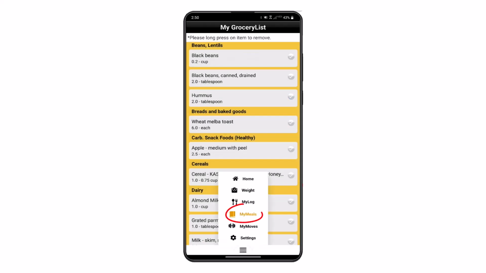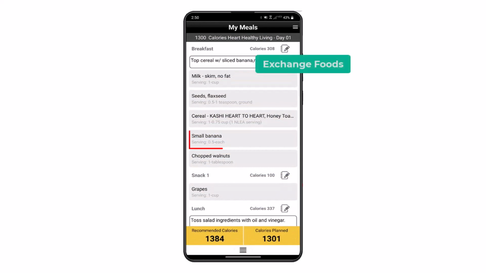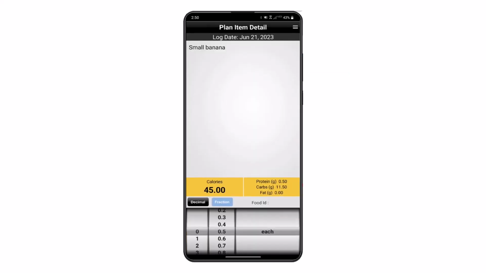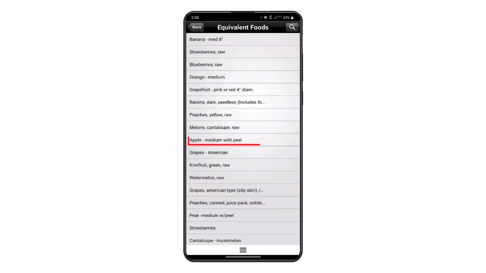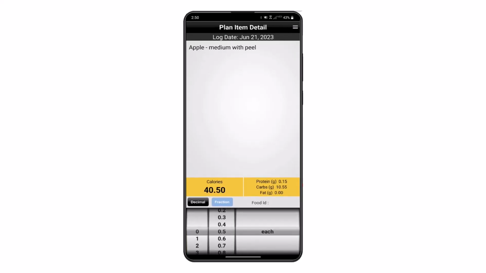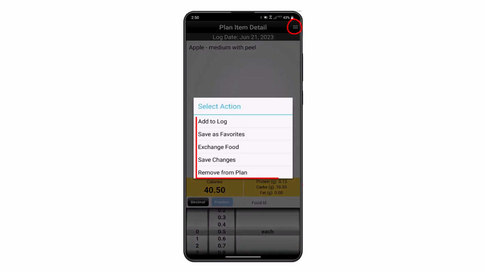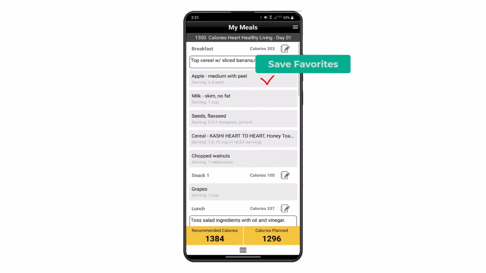We can use the main menu to go back to the My Meals screen and exchange foods for food preferences by touching any of the foods appearing in the mealtime, touching the icon in the top right corner, then selecting Exchange, then picking the food in the same corresponding food group. We can also use the menu in the top right corner to access other menu items, including Save as Favorites